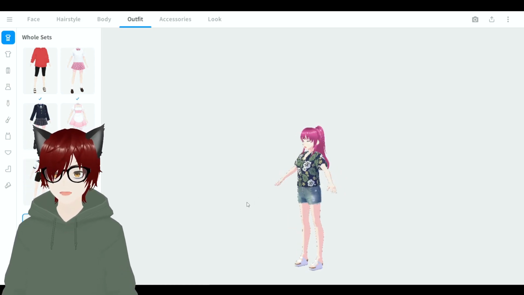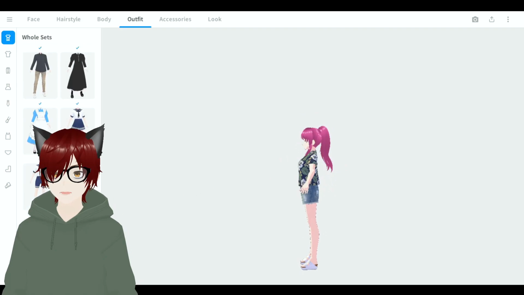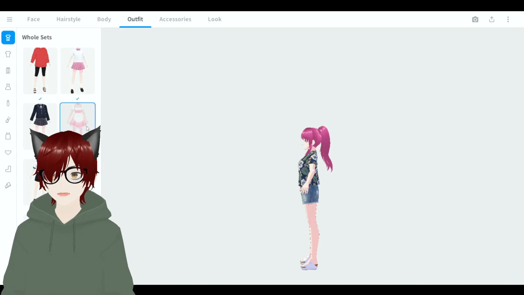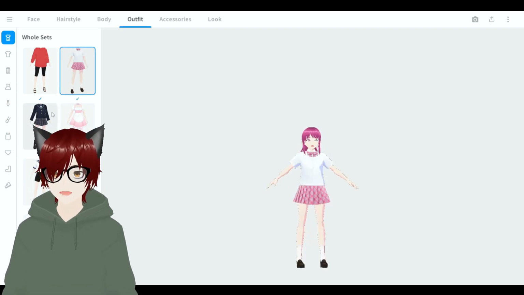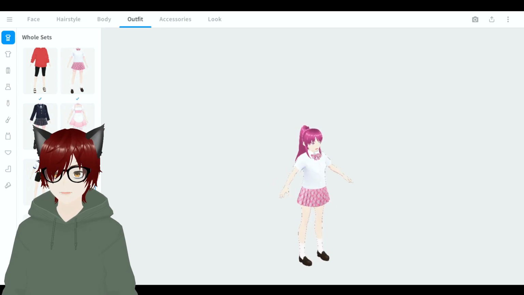I'm sure there's going to be lots of pre-made outfits put on Booth and other similar sites. I might try my hand at making a couple. I know I initially planned to make some default outfits for people to use. I never quite got around to it, but who knows, maybe I'll try my hand at making some clothes for